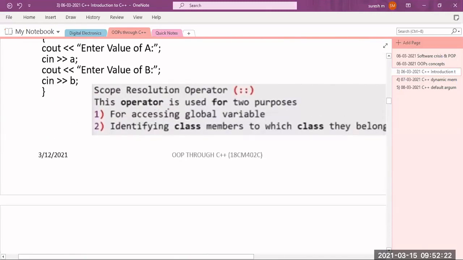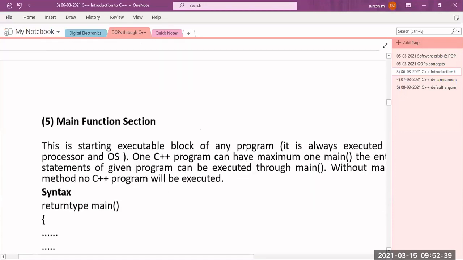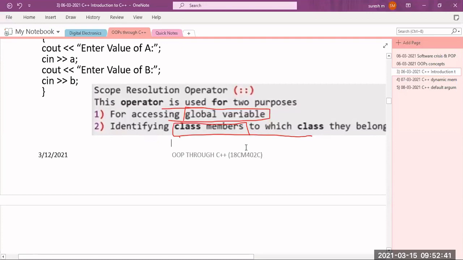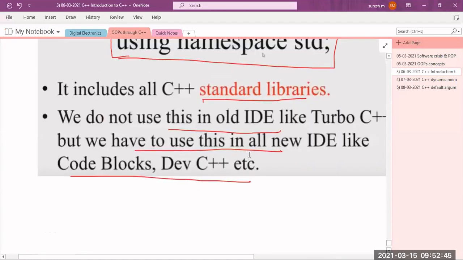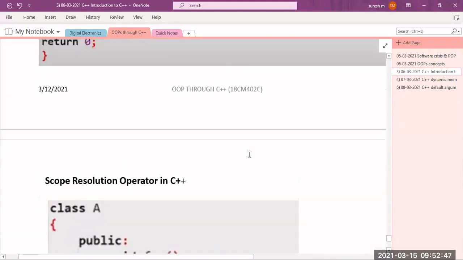The main purpose of the scope resolution operator is if you want to access the global variables which are defined before the main section, and the second one is to identify which class a function belongs to. If I want to write the member function outside the class declaration,